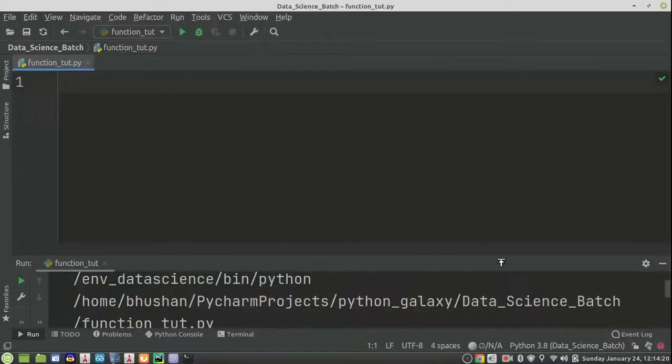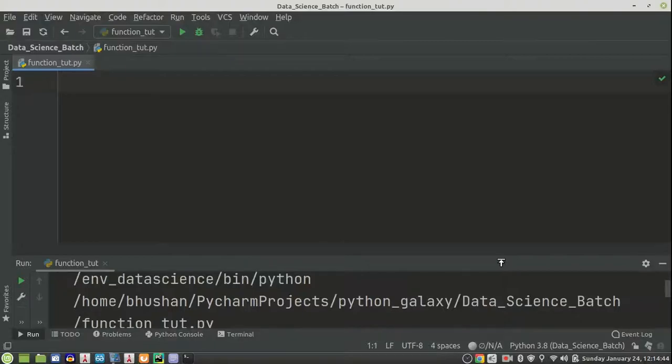Sometimes we require a nameless function for a short period of time, and at that time we use lambda. We generally use it as an argument to a higher order function. So whenever we want to pass an argument to a higher order function, we use this lambda function. Okay, now I will show you one more example.